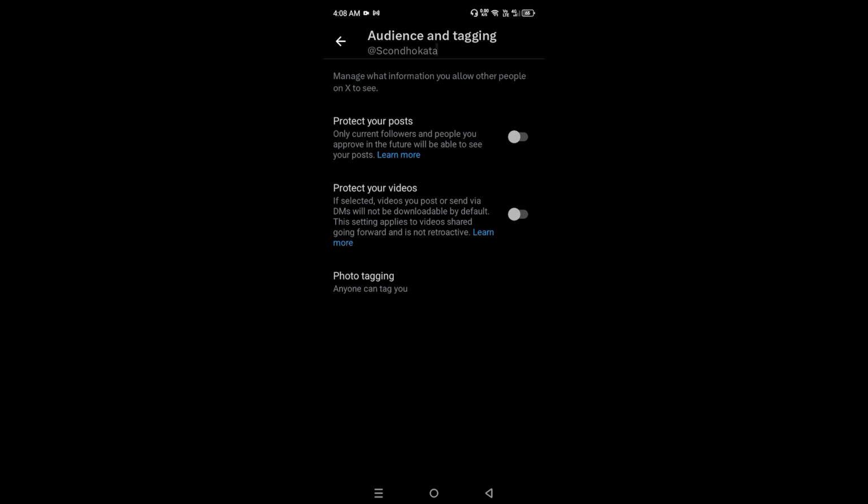Now, there is not a single button that can make your account private. Toggling on the first option will only show your post to people who follow you, and you will have to approve each new follower. Toggling on the second option will make the videos that you post or send to someone via a DM not downloadable by default. So, if I toggle both of these on